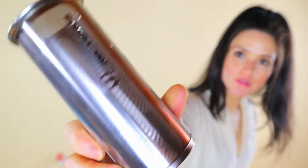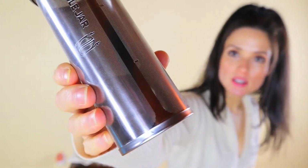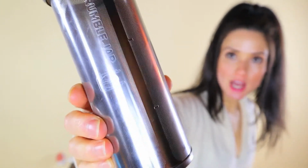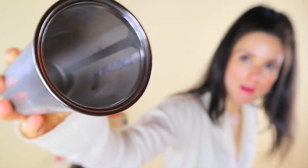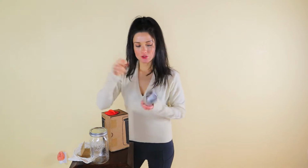And they put these little lines on here for a different strength of brew, so you know where to fill it, so it's gonna be the same every single time. And the great thing about these lines is you can see them from the inside. You probably can't see in this video, but when you are filling up the cold brew, the coarsely ground coffee grinds, I look inside of it, and it's really helpful to have the